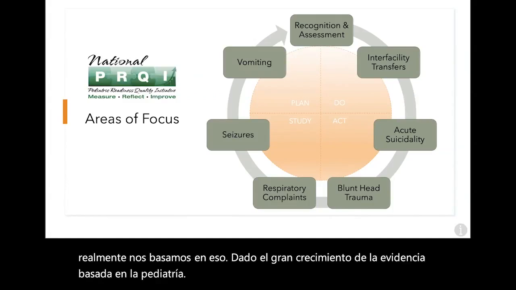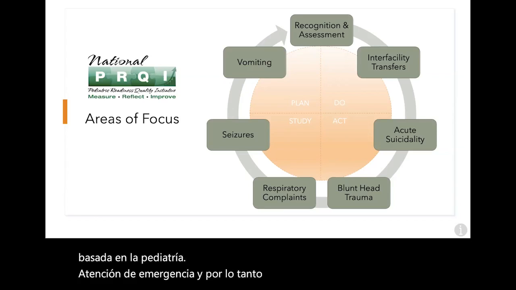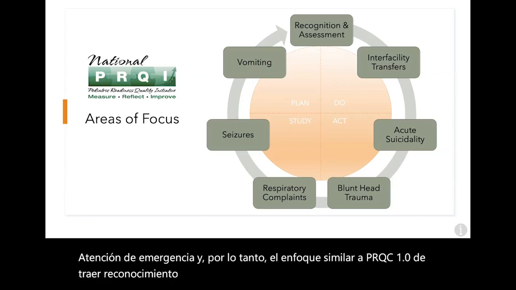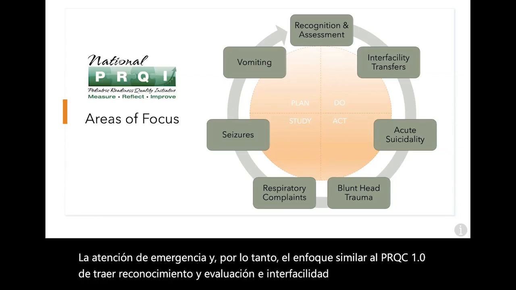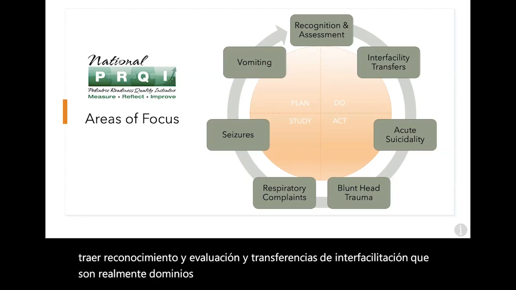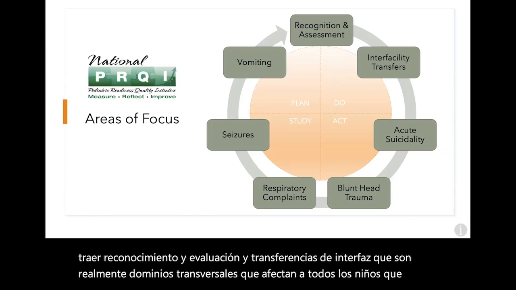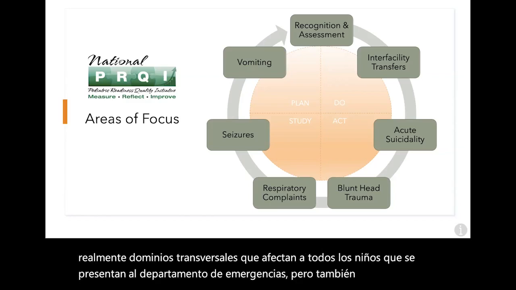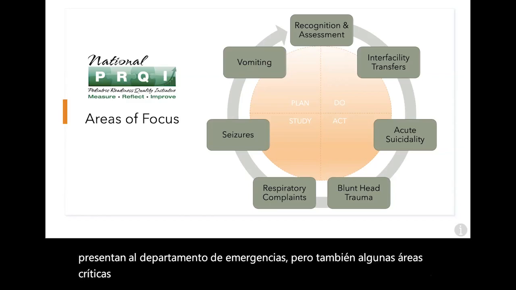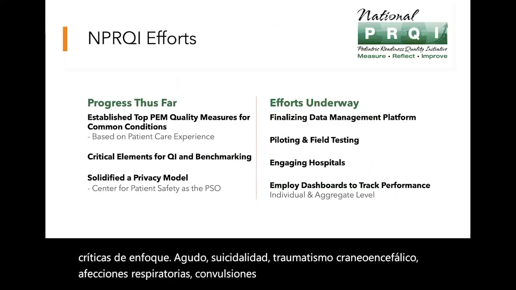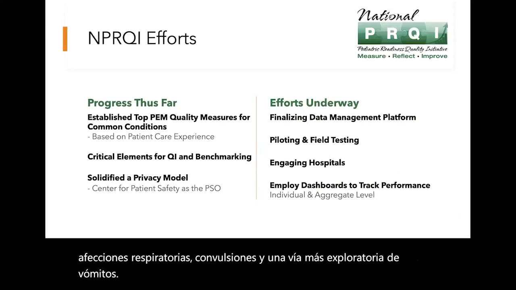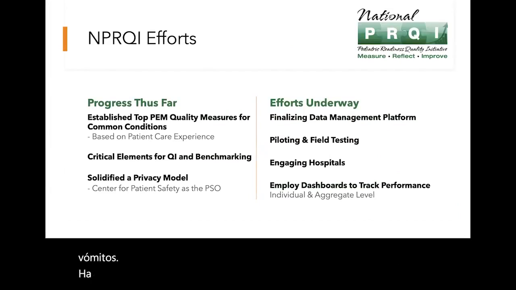And so the focus, similar to PRQC 1.0, of bringing in recognition and assessment and interfacility transfers that are really cross-cutting domains that affect all children presenting to the emergency department, but also some critical areas of focus like acute suicidality, head trauma, respiratory complaints, seizures, and a more exploratory pathway of vomiting. Next slide. There have been 28 measures that have now been defined and vetted through this whole process, as I